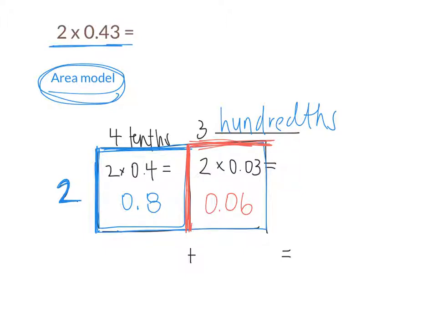Then at the bottom, do you guys notice there's space here? What you're going to do is you're going to write those partial products or those parts of the area at the bottom. So 0.8, and then over here I would write 0.06. And then there's an equal sign because that's where we add up the partial products. 8/10